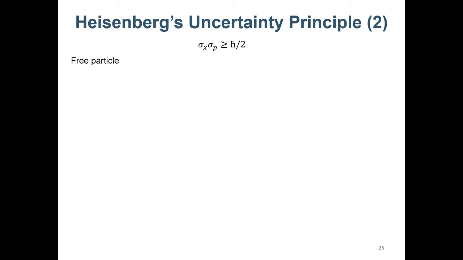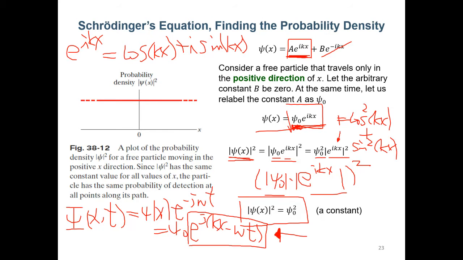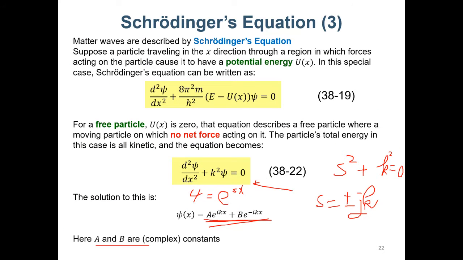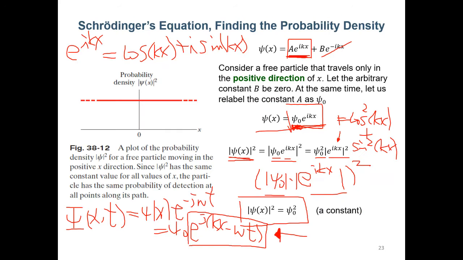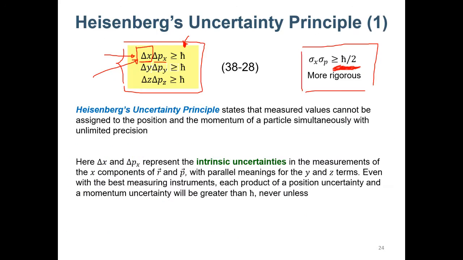And actually, you can have some other interpretation about it. So let's just consider the free particle, which we have derived in the previous page, so you may have some idea about it. At that time, when we solve the time-independent Schrödinger equation, we get this wave equation, which means that